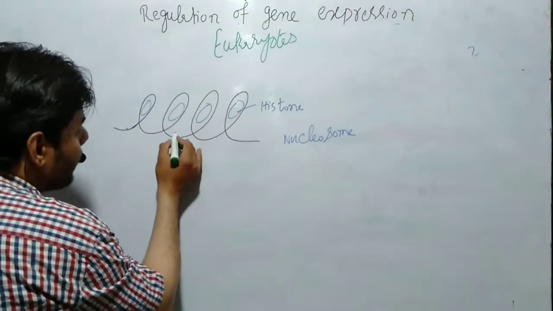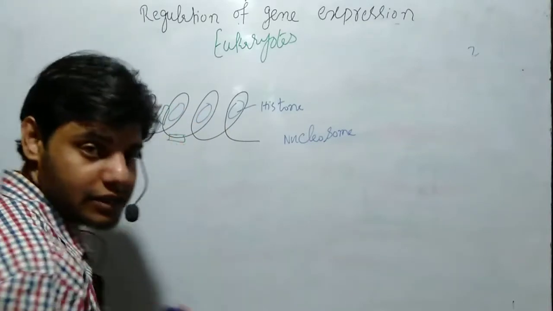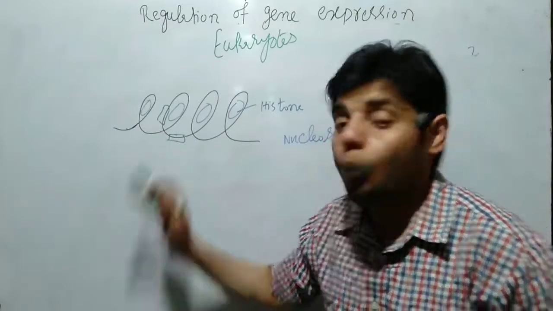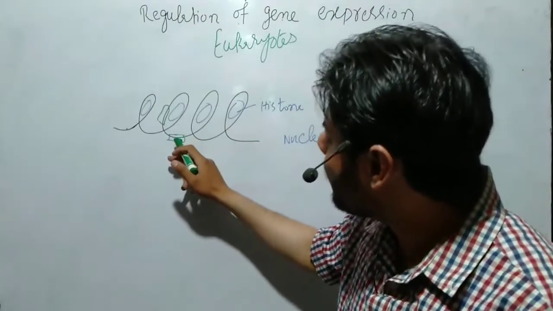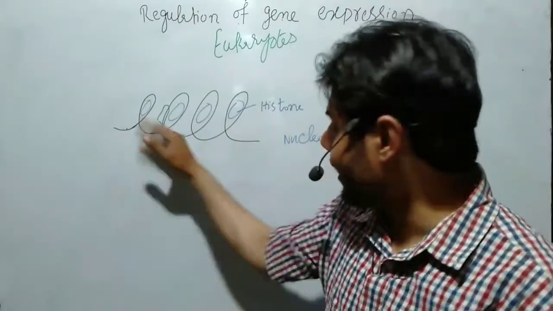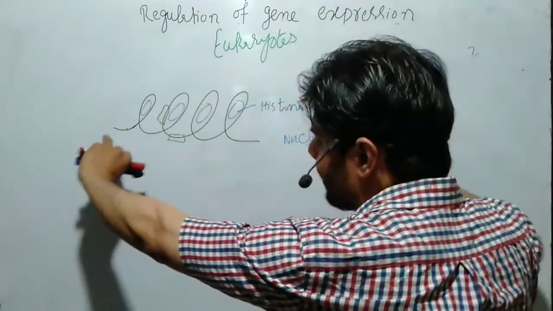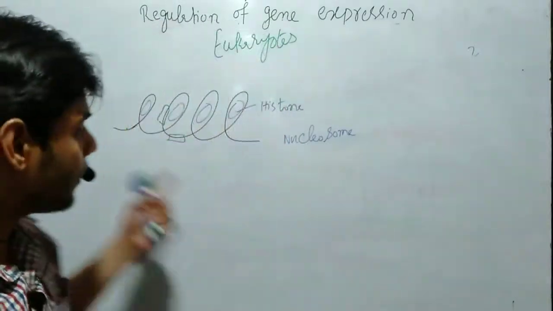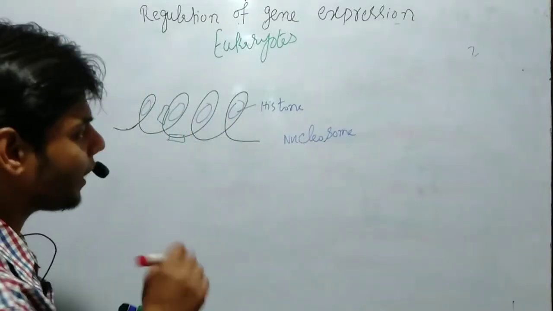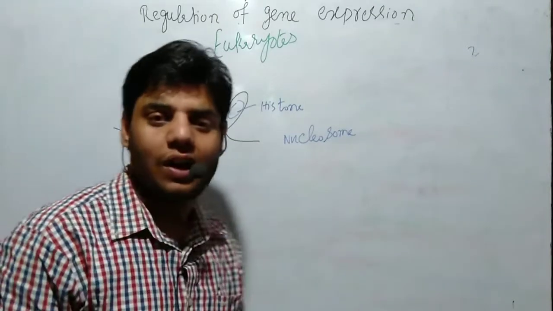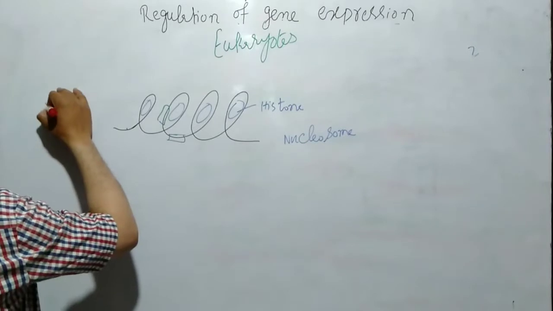Let's suppose at that particular area, the genes are present where we need a product or a protein for the cell. It is very difficult to get protein directly. We cannot get it. First of all, the DNA will be converted into a linear form, and then we get the RNA and then protein. For that purpose, there is a certain type of process that occurs on the DNA, which we call acetylation.